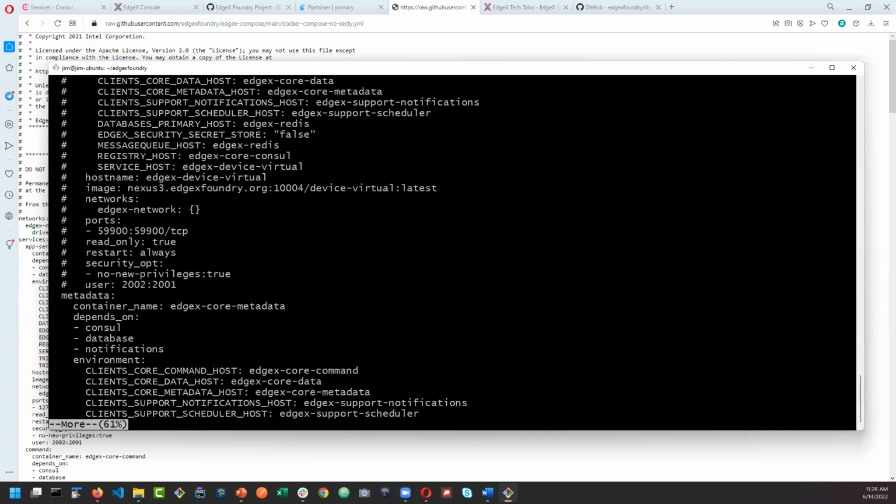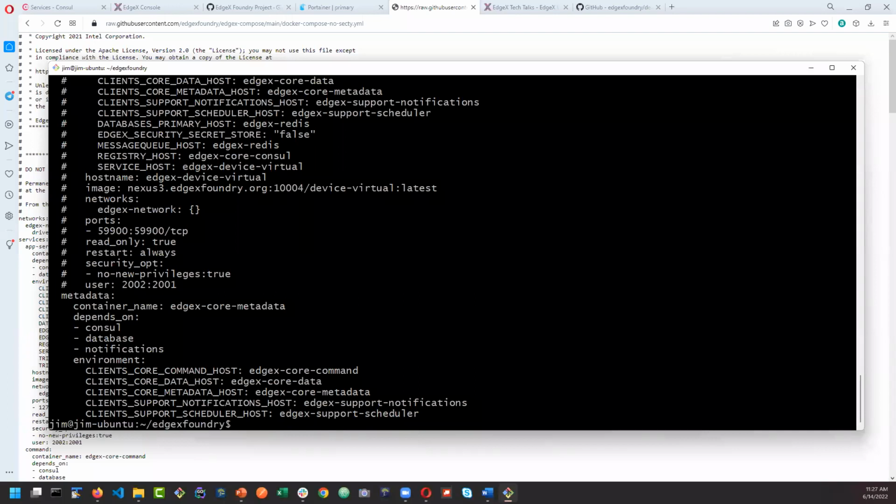I've also done things like changed the access control. I've made it so that everything is completely accessible from anywhere. Most of these ports have a 127.0.0.1 signifier in front of them to help protect it in terms of security. I've taken those off just for demo purposes here today, so I can show you some of the various APIs and things. But really, it's just a matter of getting that Docker Compose file and being able to bring up the rest of EdgeX using that Docker Compose file. This Docker Compose file and all the code I'm going to be showing you here again today is on our wiki site, so you can take a look at exactly all the pieces that I am showing you here today